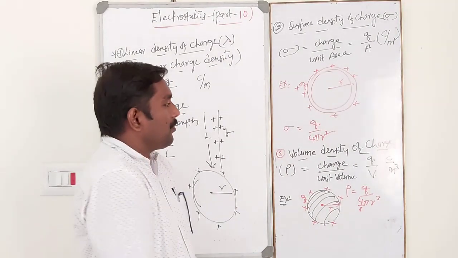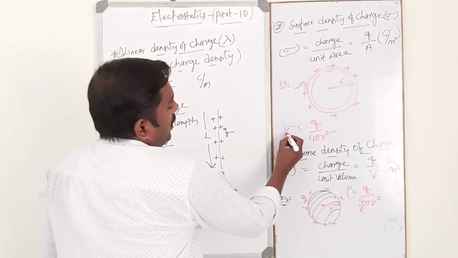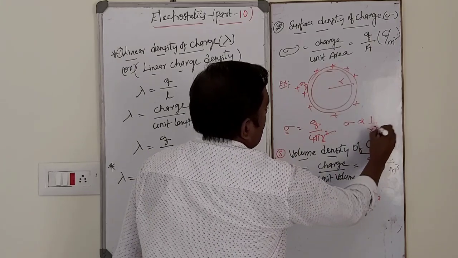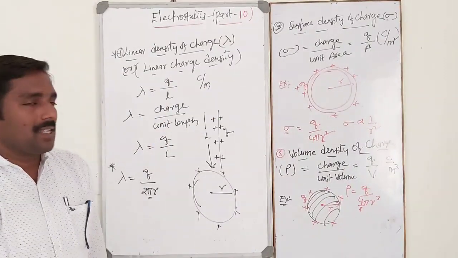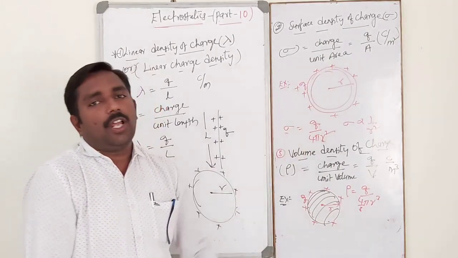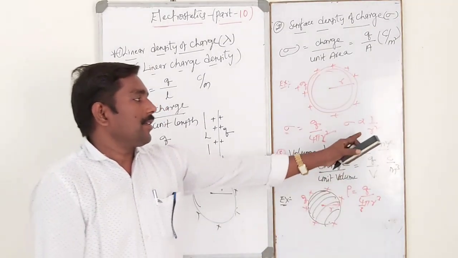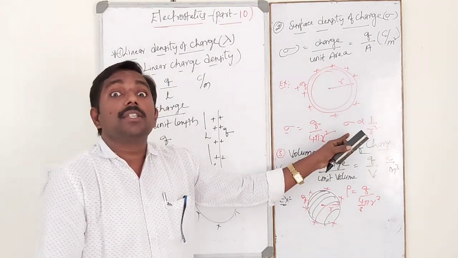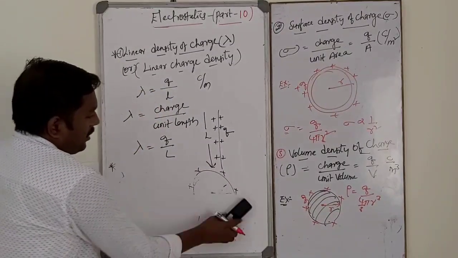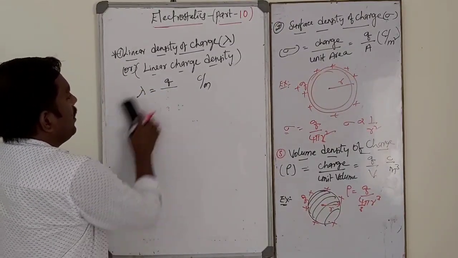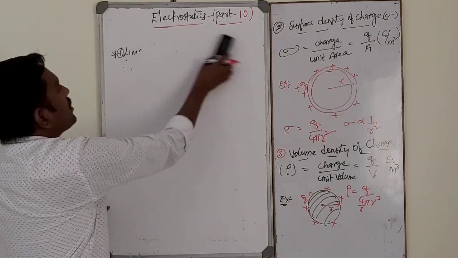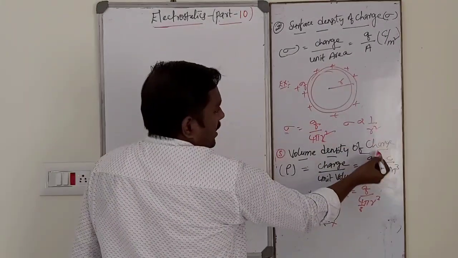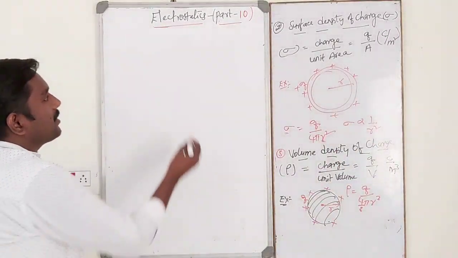See, please remember it. The very most important one is that surface density of charge is inversely proportional to the square of the radius of curvature of the shell. So when the radius of curvature decreases, surface charge density increases. See, so dear students, that means at corner ends more charges will be accumulated. So suppose radius of curvature decreases, surface charge density increases.